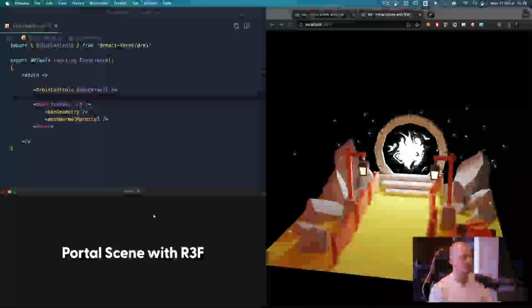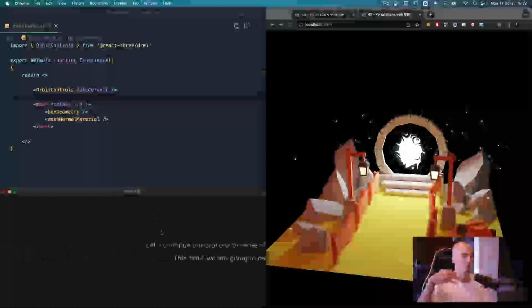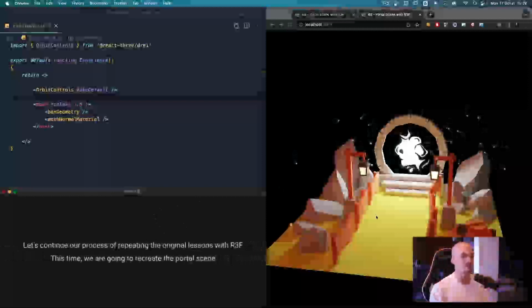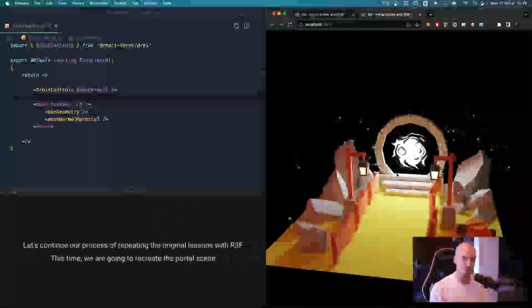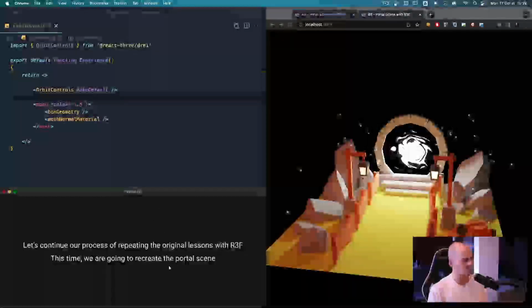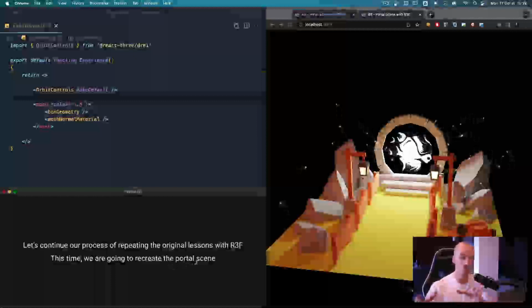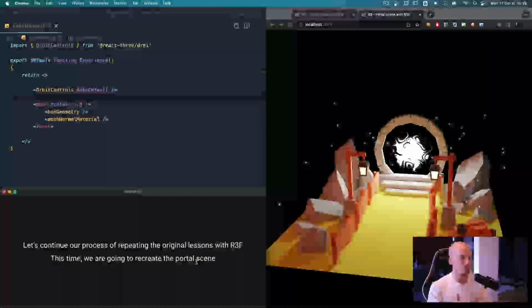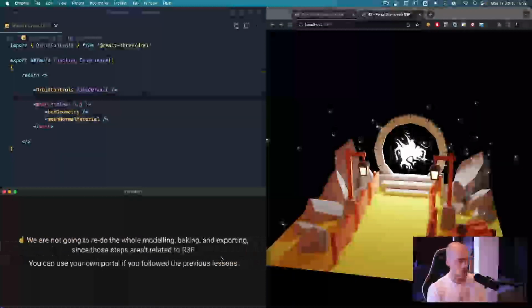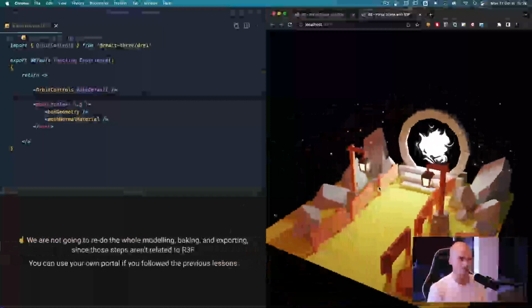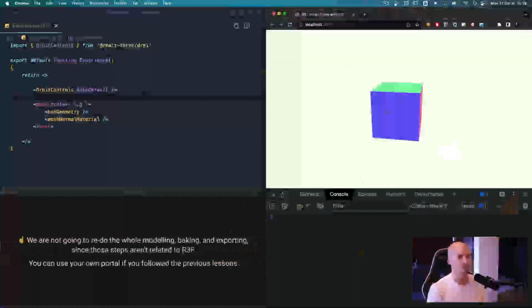In this lesson, we are going to continue the process of redoing the old lessons, and this time it's going to be with the portal scene that we did a few lessons ago. It's like we did for the 3D text lesson. The idea is that we are practicing React 3 Fiber in a known context to see the differences, to be able to progress a bit more easily than a brand new project, and to discover some new features along the way. Okay, so this is the final result that you probably remember,